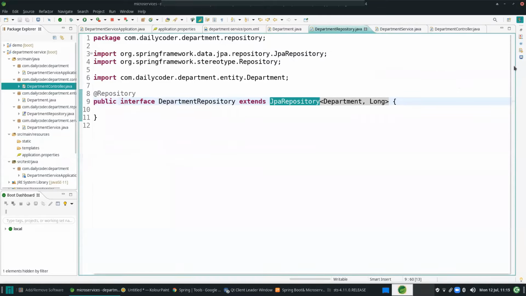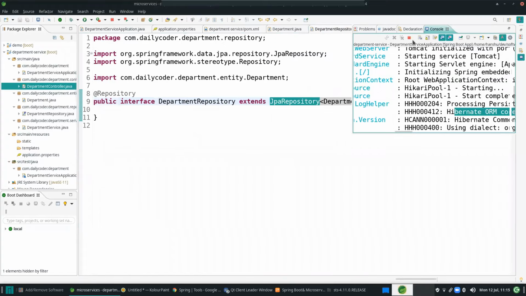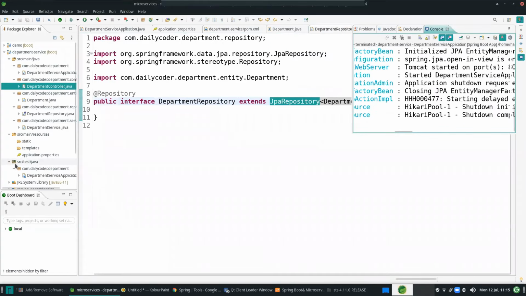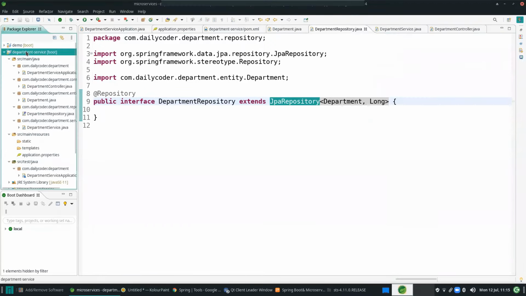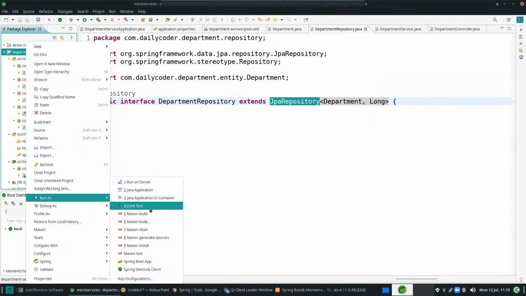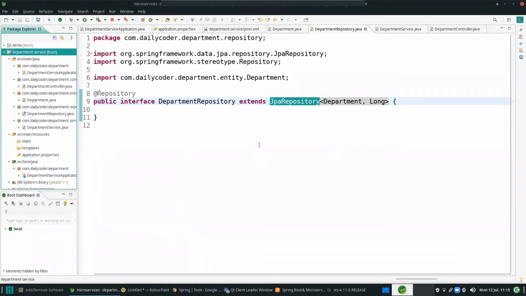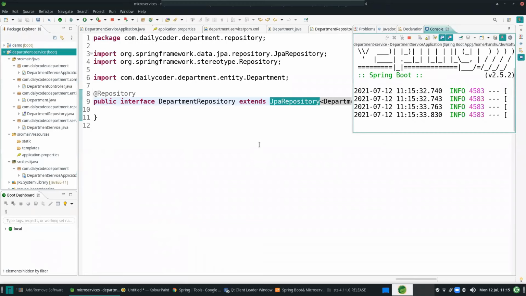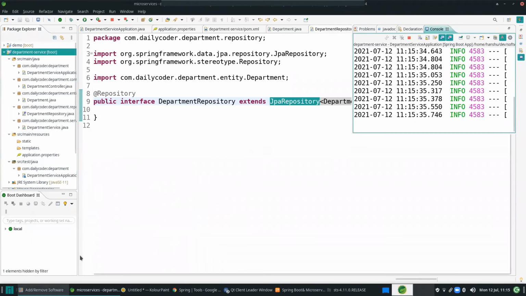So now I'll go to the console, I'll stop it, and I will start again as a Spring Boot application. Just give me a second.